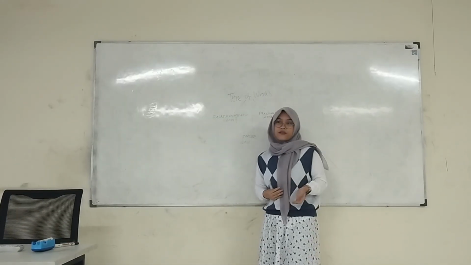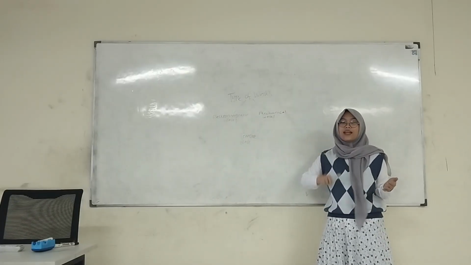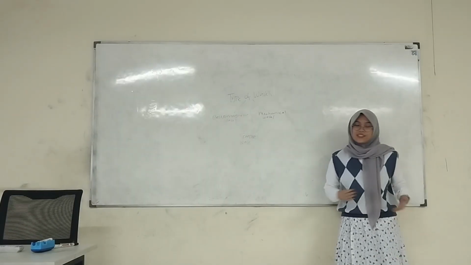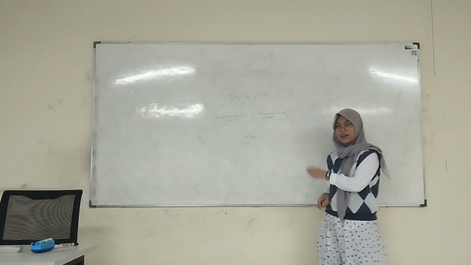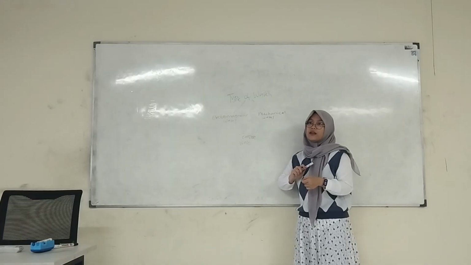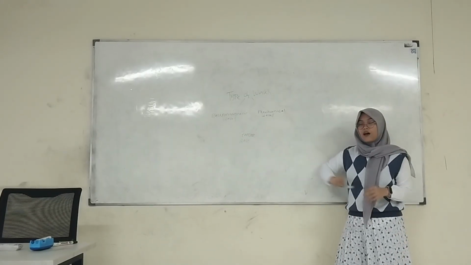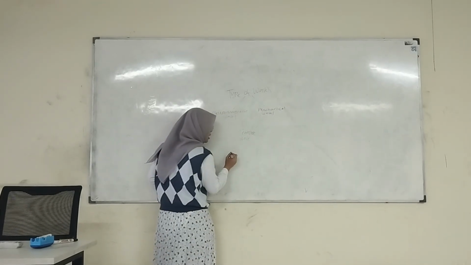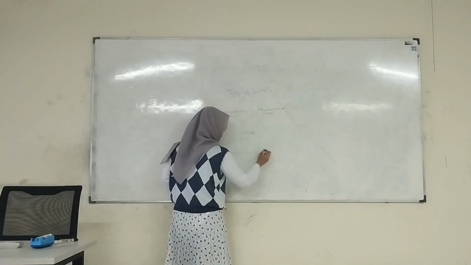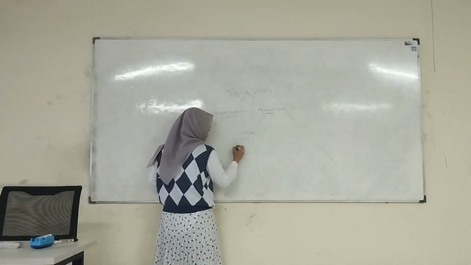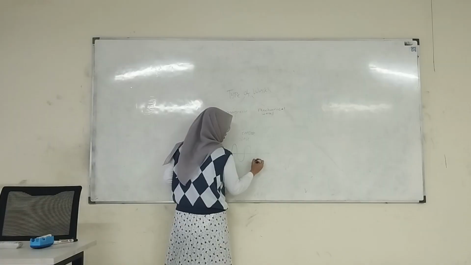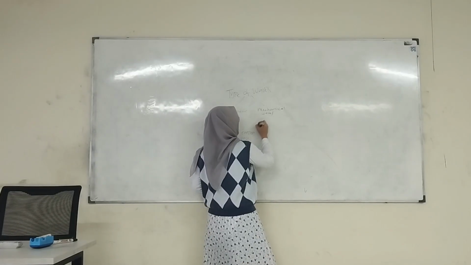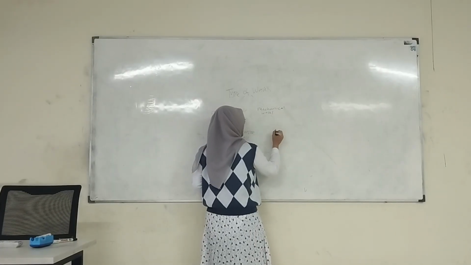A transverse wave is a wave in which the particles move up and down, perpendicular to the direction of the wave. For example, when you move a rope, the wave will move forward, but the rope will move up and down. Or we can make a graphic. It's like this. This is the line of the direction of the wave, and the particle will move up and down, up and down, up and down. This. And the second type of mechanical wave is